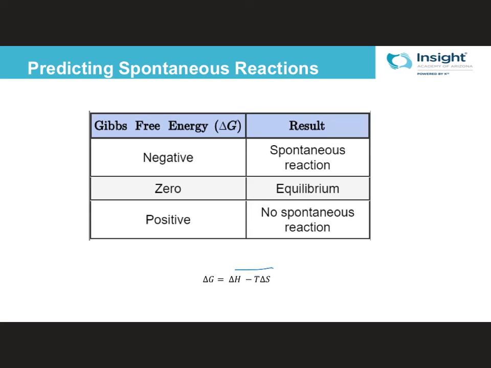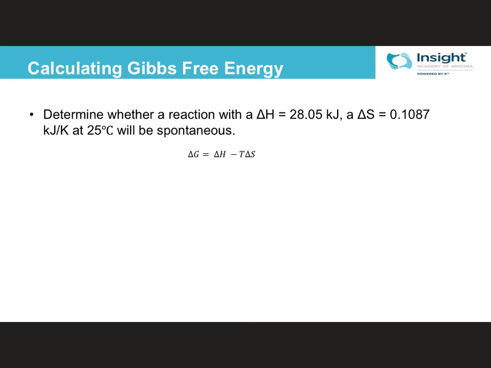If you didn't write this down on the last slide, make sure you write it down now. This is an equation you'll need to know. For most of the questions you're going to run into, just being able to state that a negative delta G means spontaneous and a positive one means non-spontaneous is good,